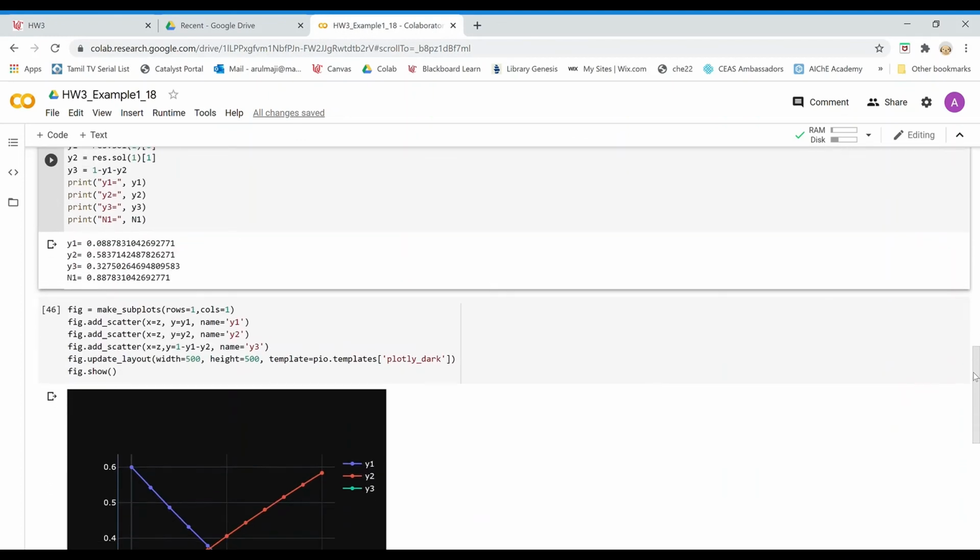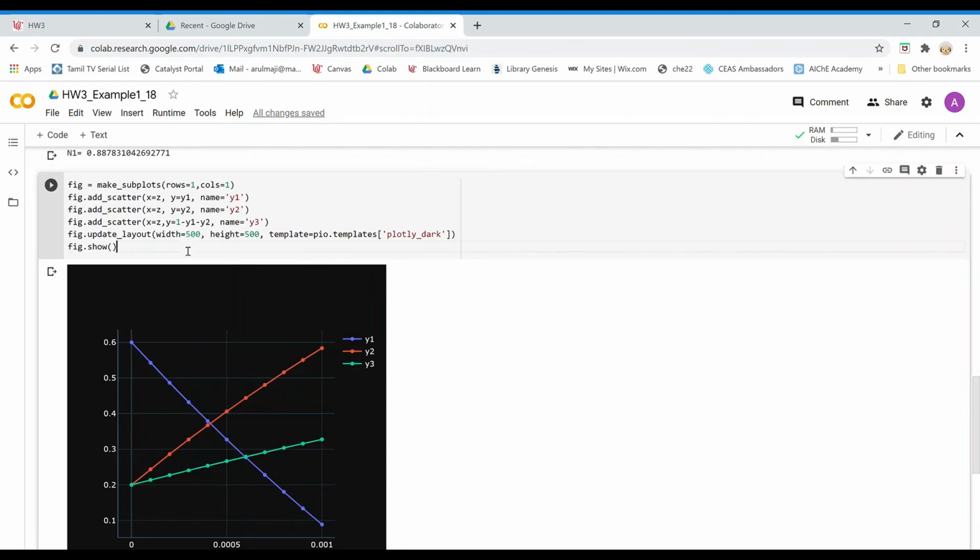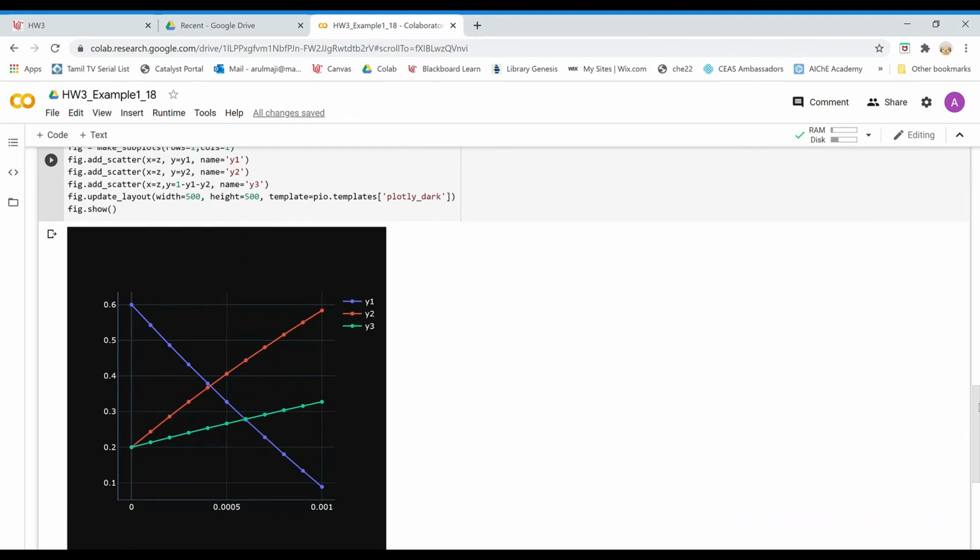And then here is the code to display our mole fractions and how they're changing with the z, so what they look like when they get closer to